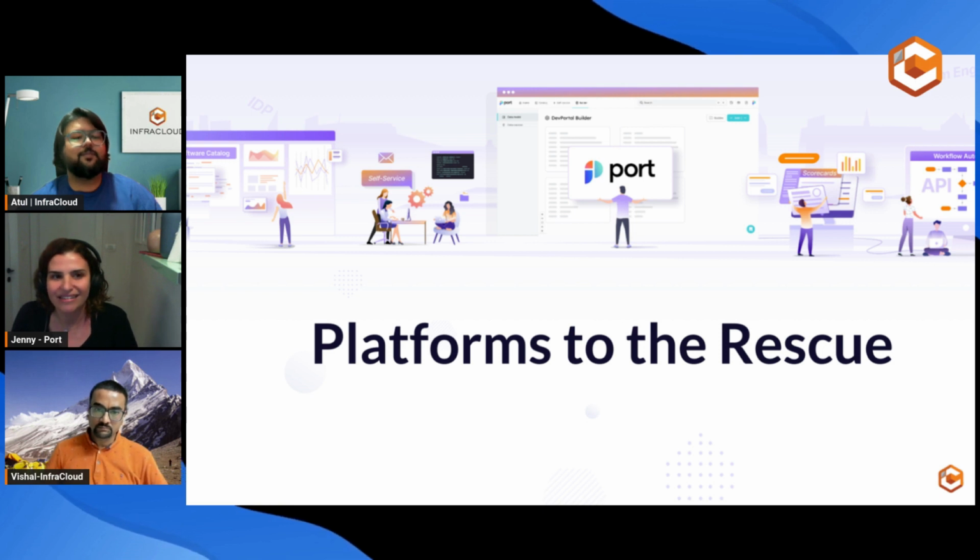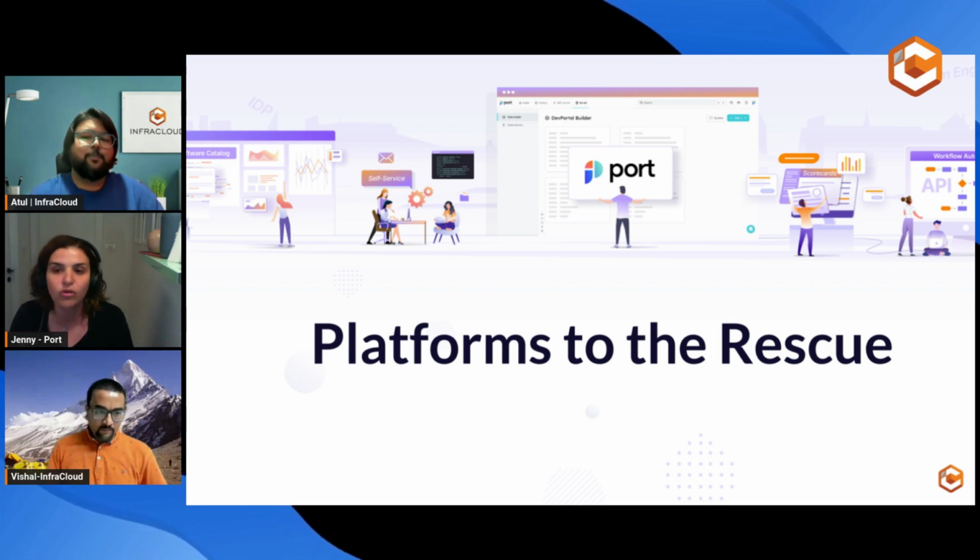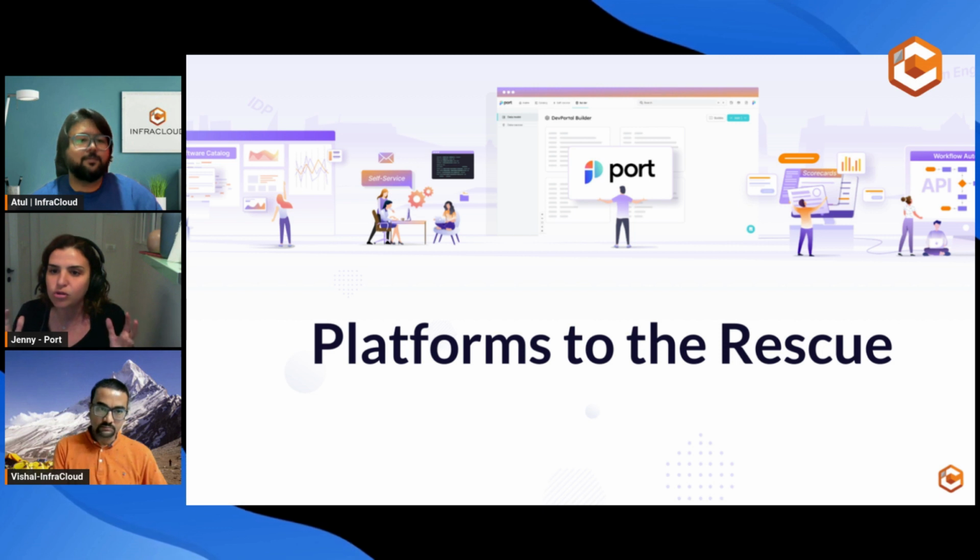And giving them the information they need is not just, let's give them everything, but doing it in a very smart way. The platform engineers need to ask themselves this question: what do I want to expose to my developers? What do I want to abstract? Because I don't want to show them everything. I don't want to overwhelm them. I want to show them what they need when they need it in a centralized place.